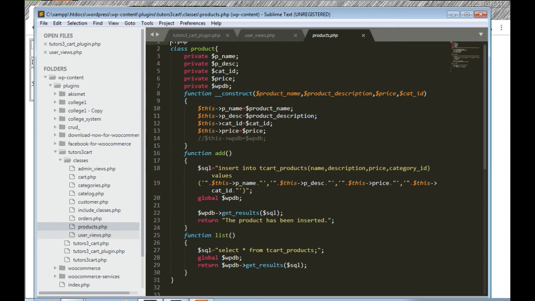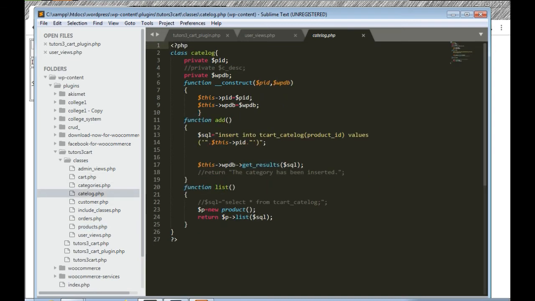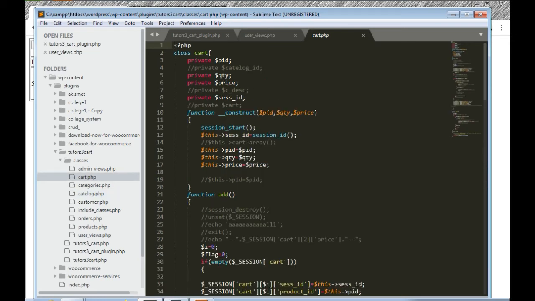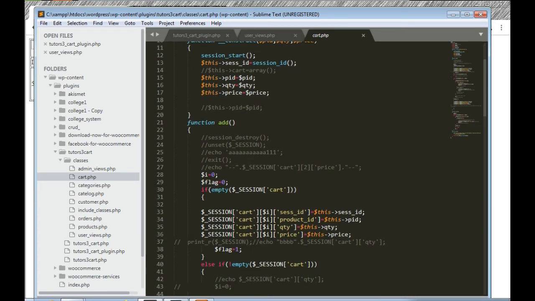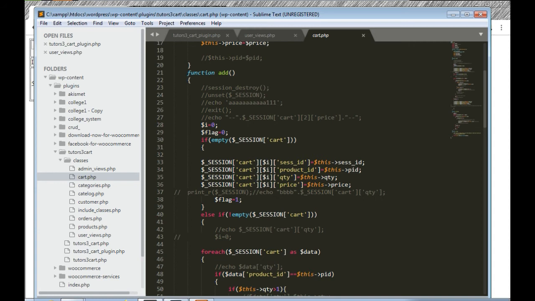Then we have catalog. So this is catalog, and then we have cart. Okay, so the actual functionality is inside the cart. So this is the constructor, add to the cart, add button.